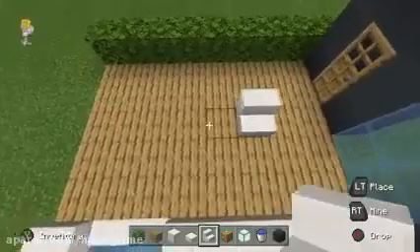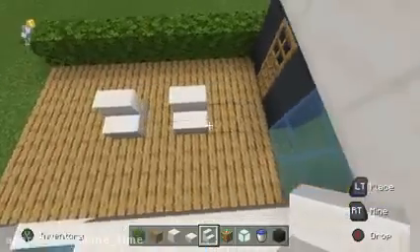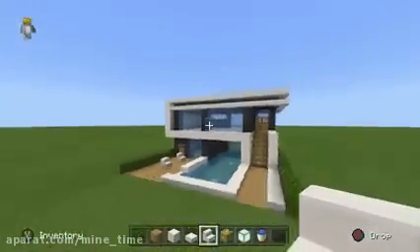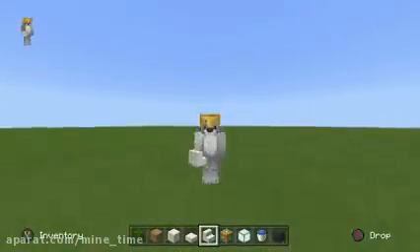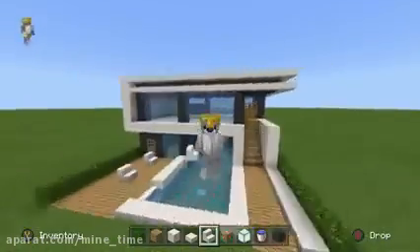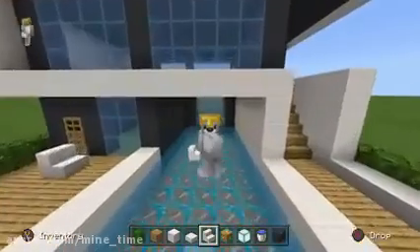Just a couple of little seats, just so that you can kind of overlook your pool a little bit. That's absolutely fine. If you want to add some planters with some plants, feel free to do that. But it's quite a simple house. I really like it. I like the fact that the pool is kind of integrated into the house. You could even make it so that you could walk up into the house from the pool